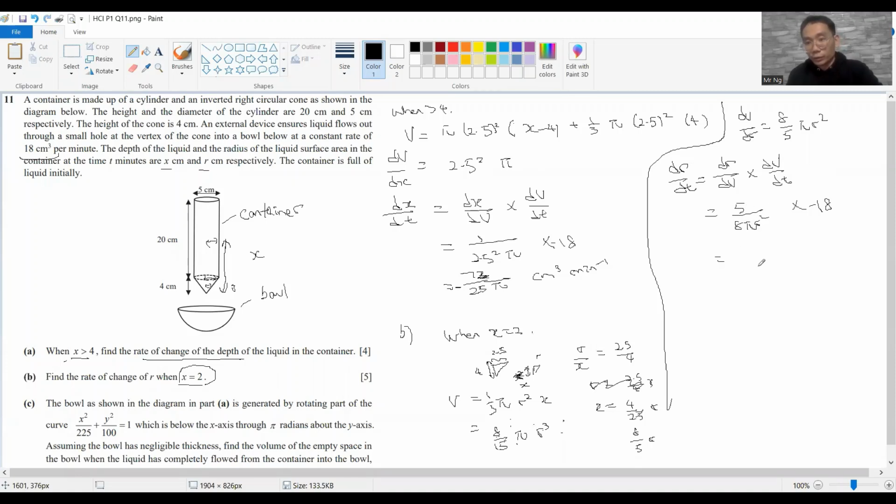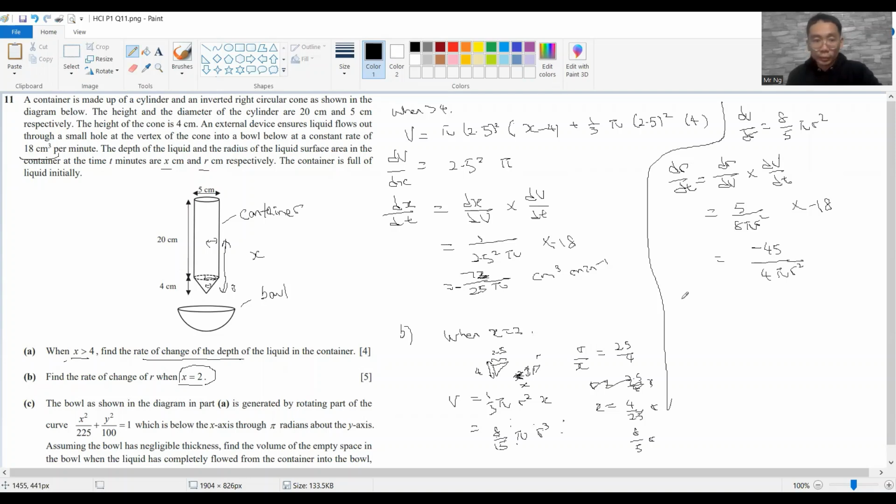So equals to minus, so this one cancel, so minus 10. Wait, cancel, cannot. 5 times 9, minus 45 divided by